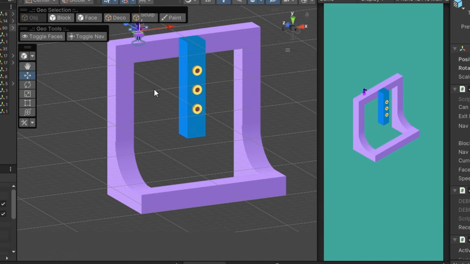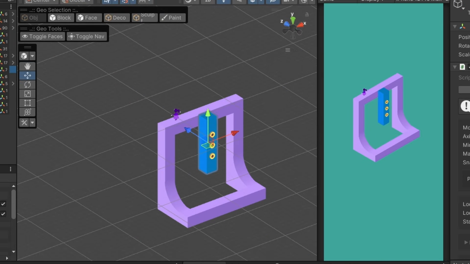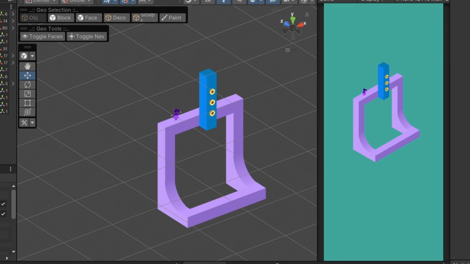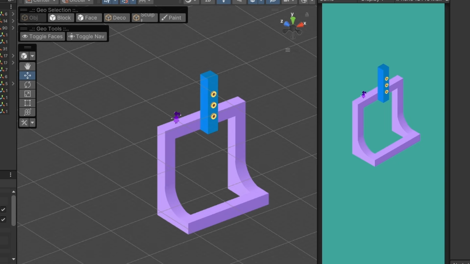So we have the core geometry in place and a functioning platform, but if we hit play and try out the level, the moving platform doesn't move in front of and behind the geometry like we want. So we've built one continuous piece of geometry that exists as you might expect it to in the real world, but in Monument Valley we need things to surprise and delight the player.